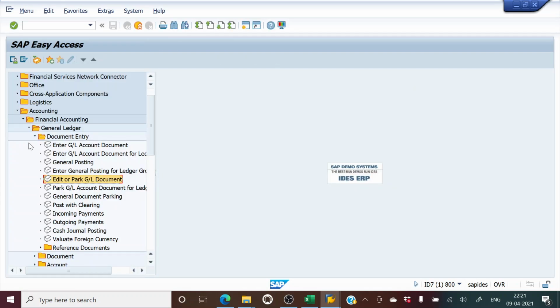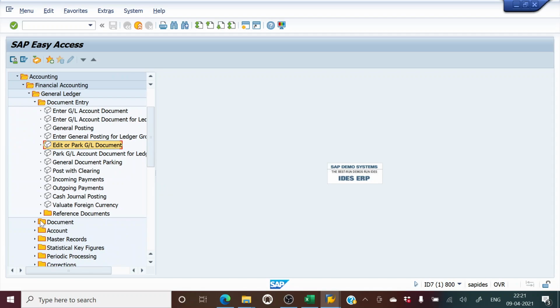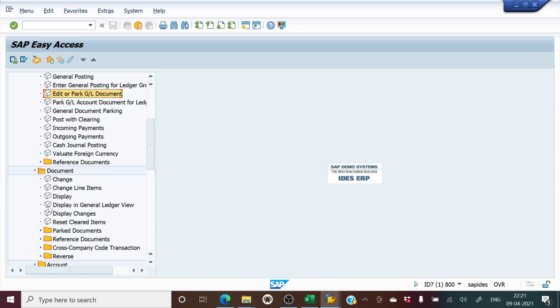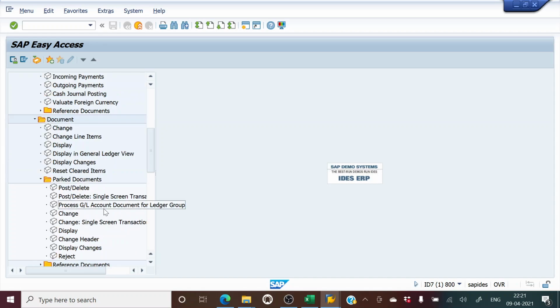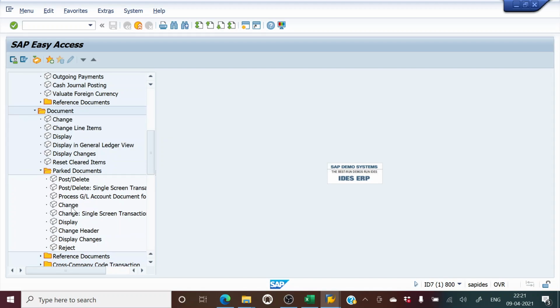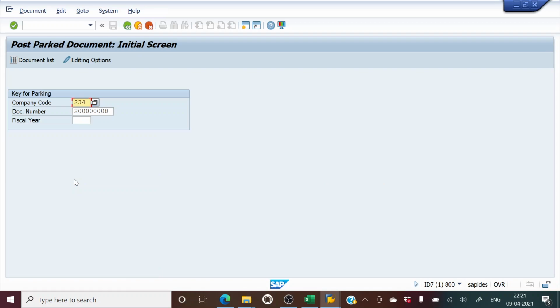So the senior accountant would review this and post the document. He will come to these parked documents and then delete this document. I don't know, I will try to generate the list for fiscal year 2021. I'll try to generate the list here,